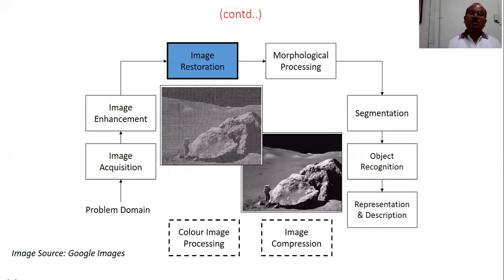The next stage is image restoration. Mathematically, they are very different, but theoretically, if you look at the first picture and second picture, you can probably say that here also we are improving the quality of the image. Of course, in restoration also, the quality is improved. But restoration is a separate topic. We'll discuss it separately. It is similar to enhancement, but not the same as enhancement. Why is it not the same as enhancement?